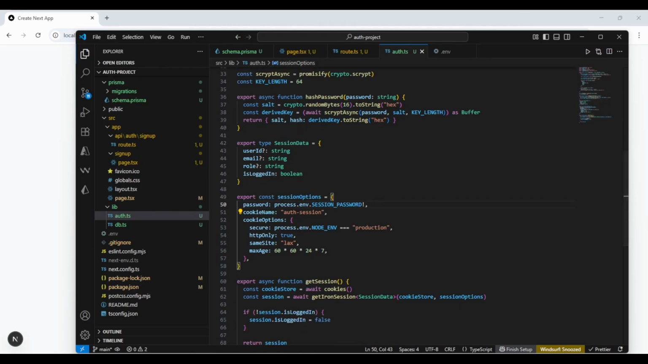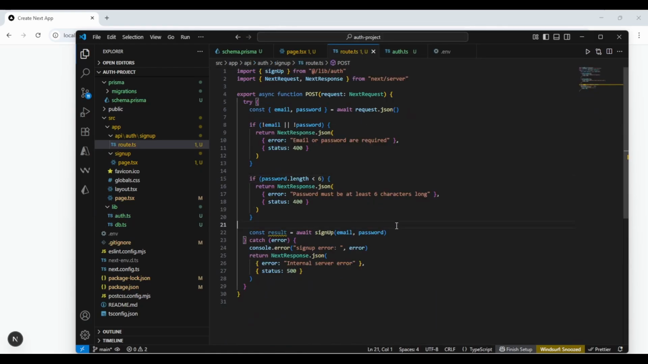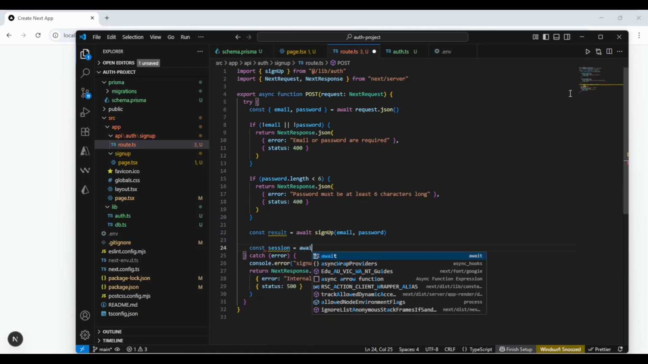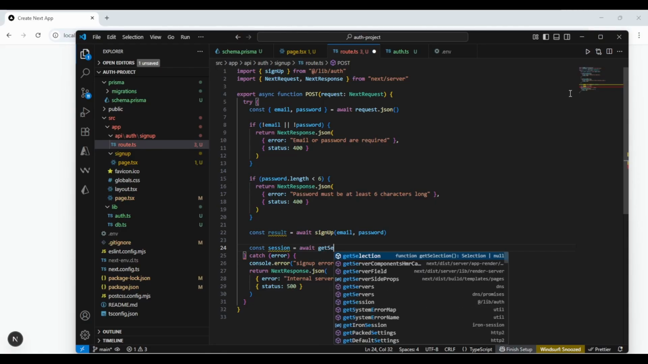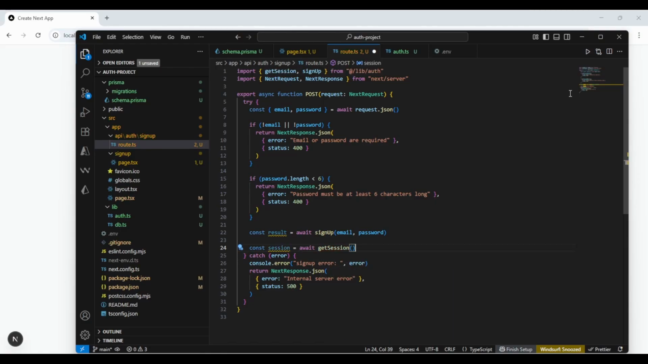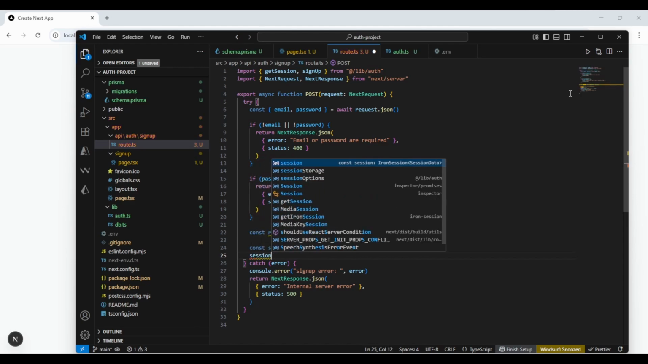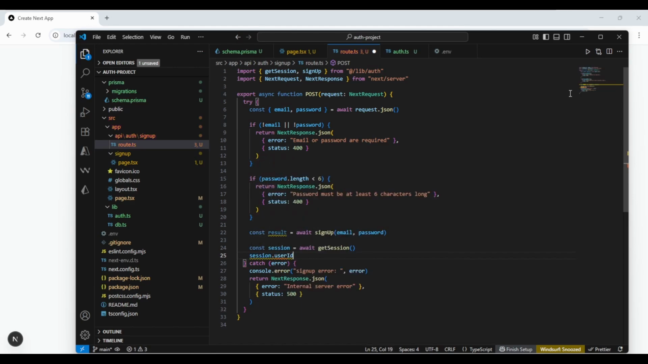So now that we've created our getSession function, we can go back into our route and actually create the session for the user after sign up. So to do that, we'll just have to do const session equals await getSession, get that imported. Then what we need to do is actually add the user info to this session. So to do that, we'll just do session.userId equals